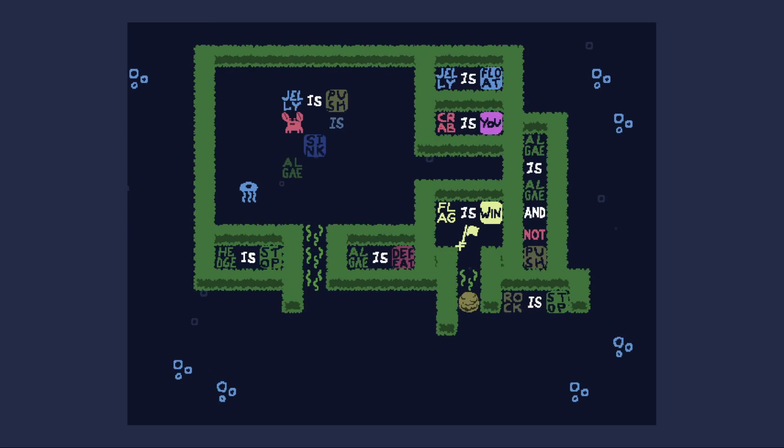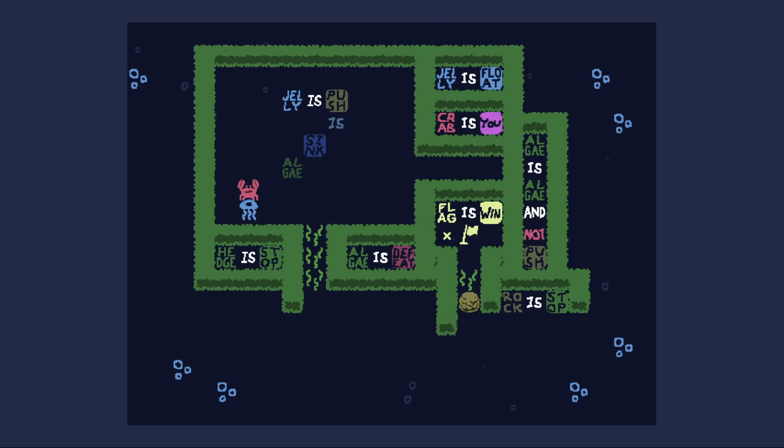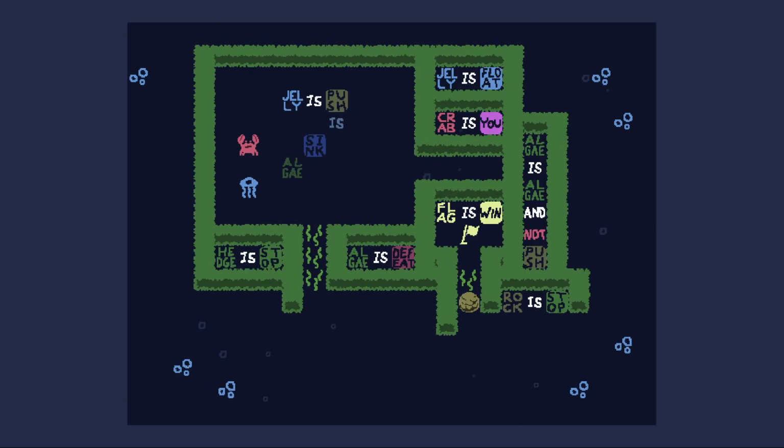Okay, how are we going to get past a rock? That's probably what we need Jelly for. Jelly will... No, Jelly can't float on stop. Oh no, we make rock, like, sink or something. No, we can make rock into something. What? Okay, so what do we not need? We need to destroy...